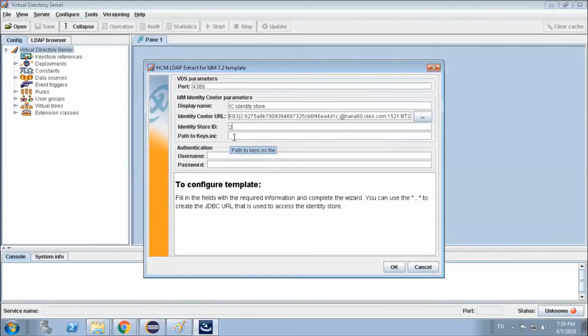Now the next thing is our keys.ini path. From where will we get this keys.ini path?